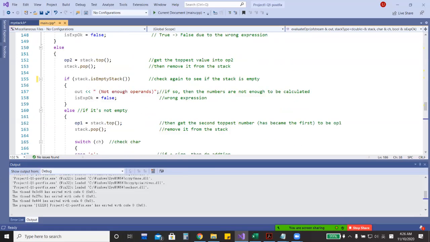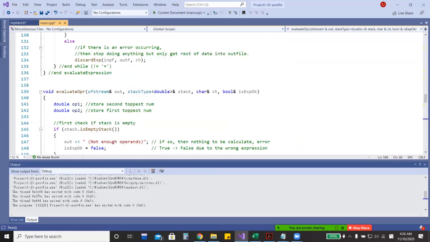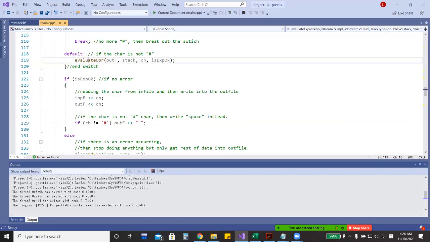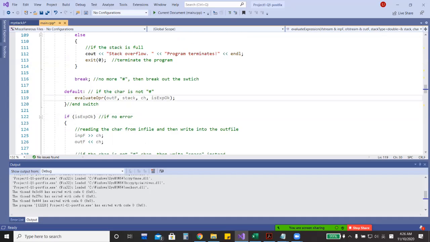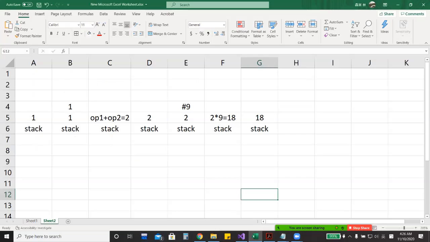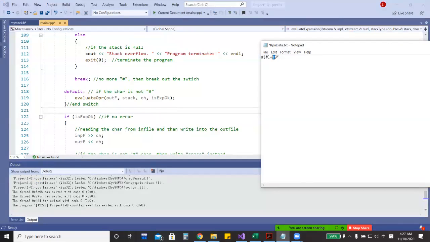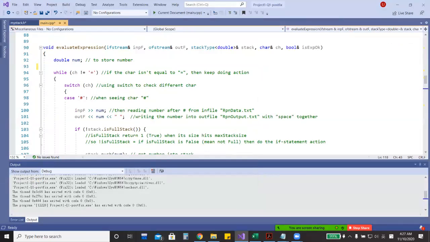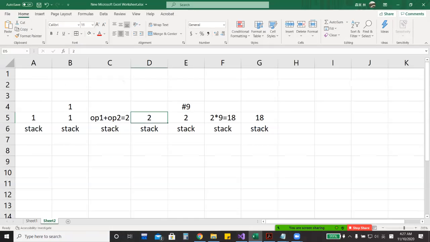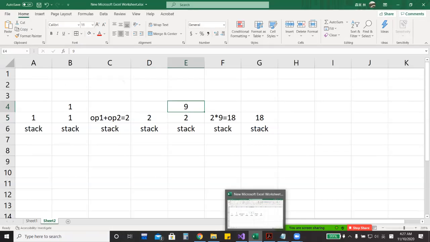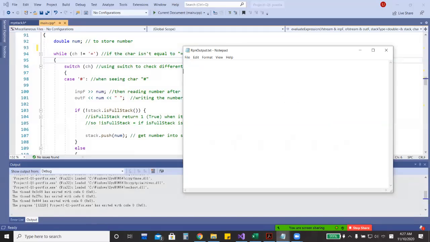So after this invalid operator, we'll go back to here. So after this, we will have 2. We will have 2 in the stack, but that is not the end because we still have another sign here. So we'll keep reading the number because it's not equal. So keep running. So we will have 9. We will read 9 here, and 2 is still here. Then we will read next